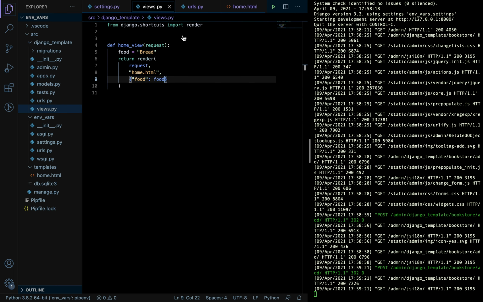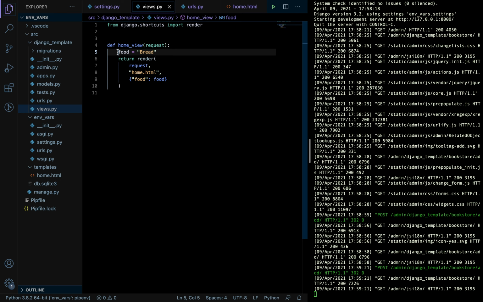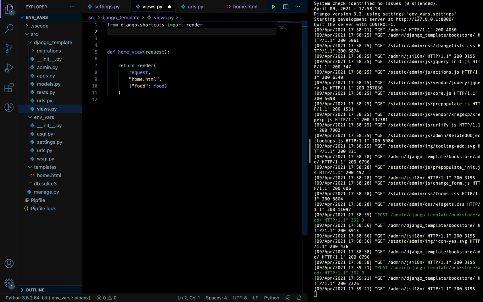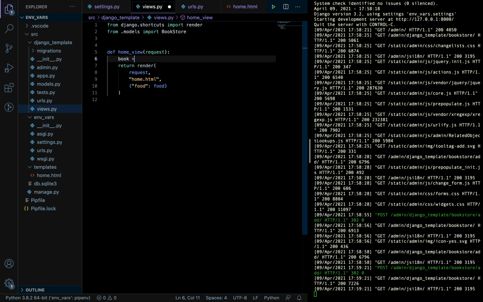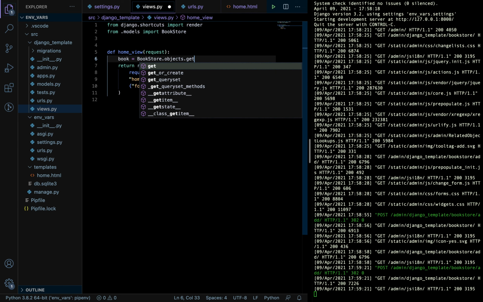Okay, so I'll be going back to the views folder, the views file, and I'm going to change this. I'm going to import our data, please, here. Import bookstore. Okay. So this is book. Bookstore.objects.get